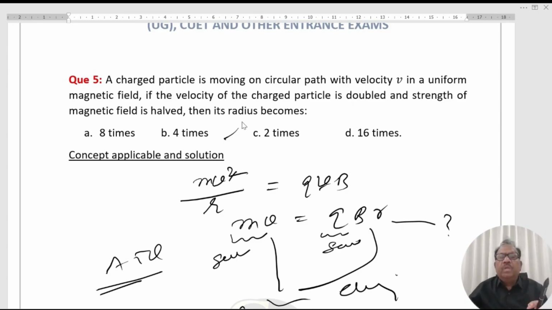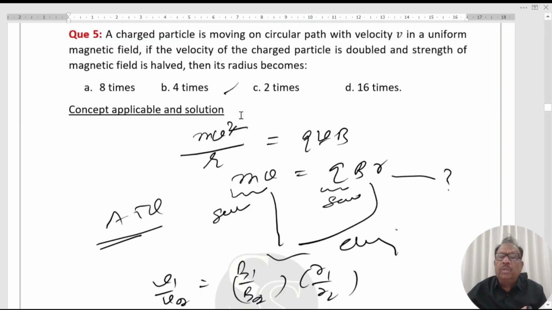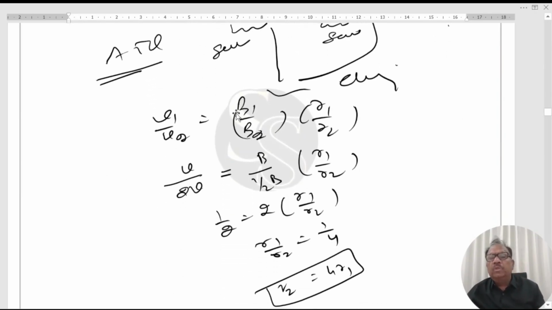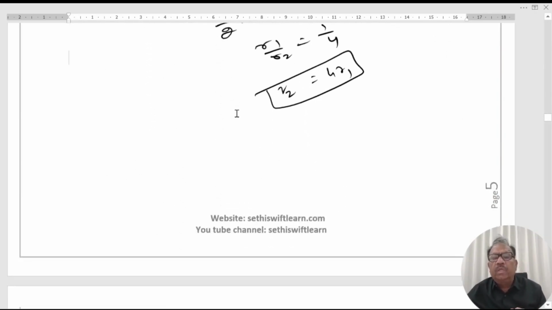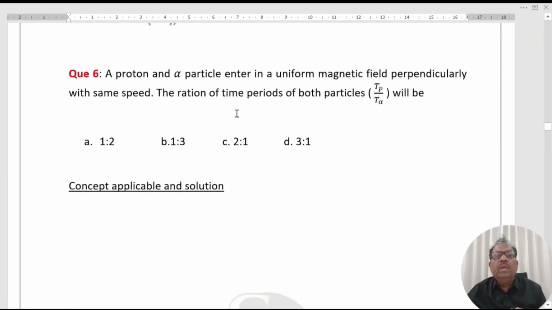Again repeating, centripetal force is provided by the magnetic force QVB. Now check what is given in the question. In the given question, the charged particle is the same, which means we have to consider the mass of the charged particle is the same, and Q is the same. Variables are velocity, magnetic field and radius, right? Now which are constant, those should be taken as constant proportion, make the ratios. After making the ratios and substituting the values, we get the final answer. Next,